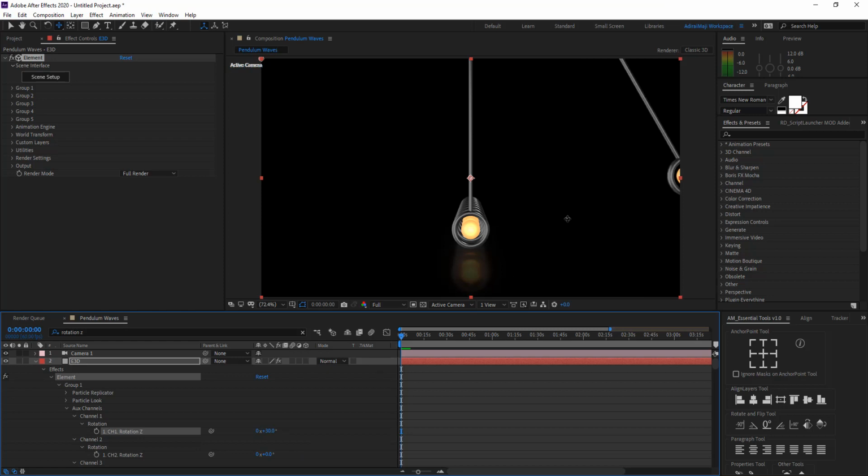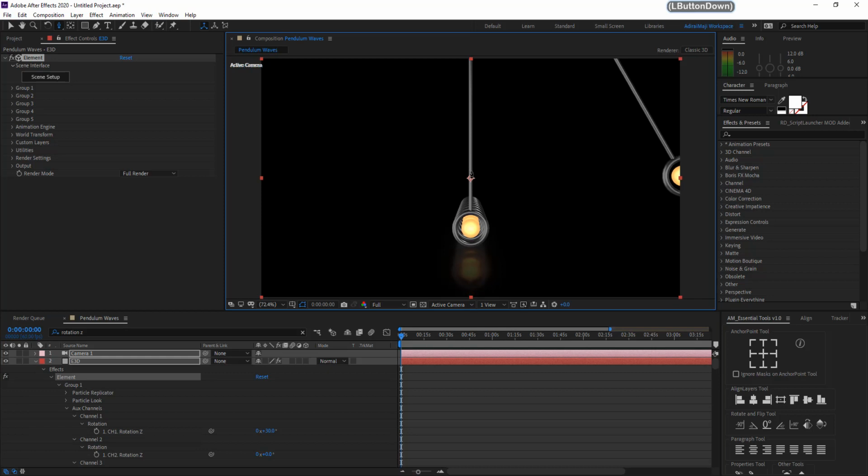Once you enter 30, it is out of the frame, but we want to keep this pendulum within the frame as the animation happens. So again you need to zoom out a little bit for the camera, so press C. Once you see the zoom out button, drag it down a little bit.